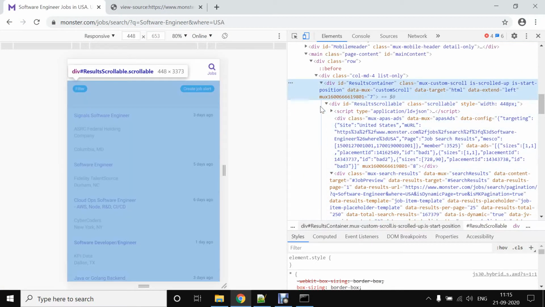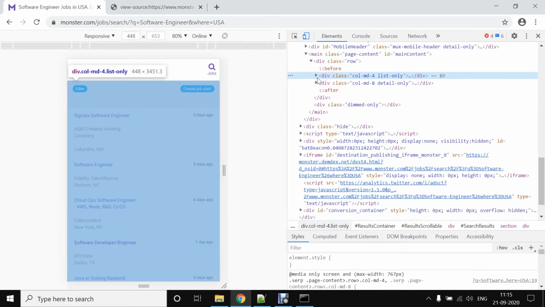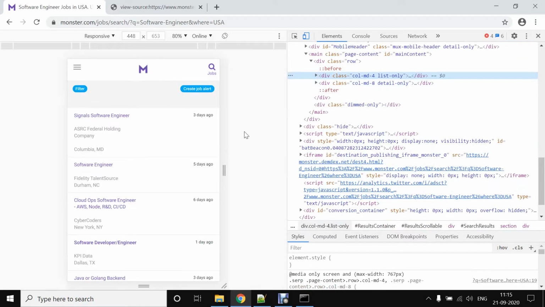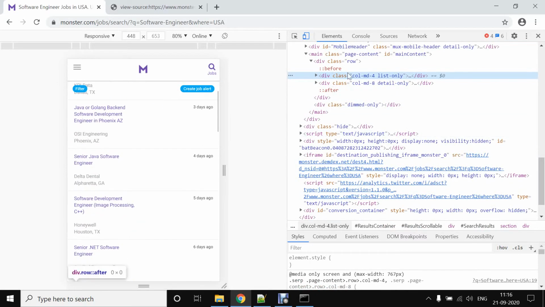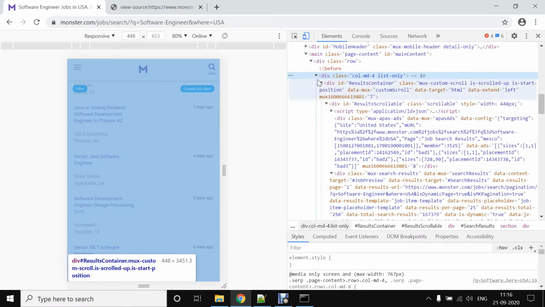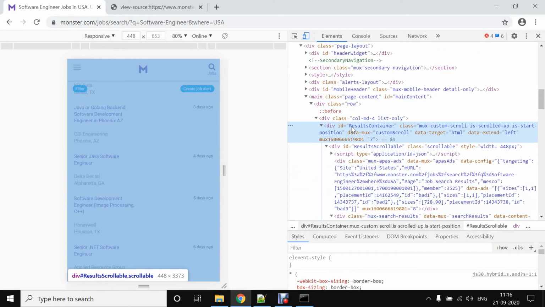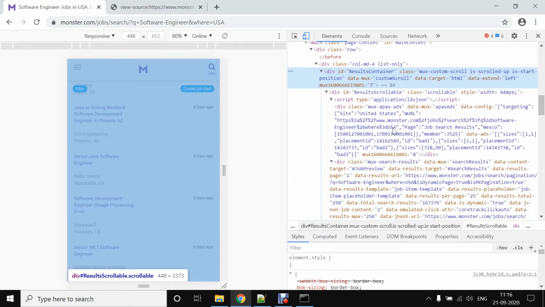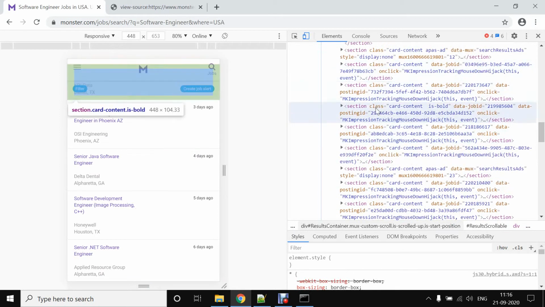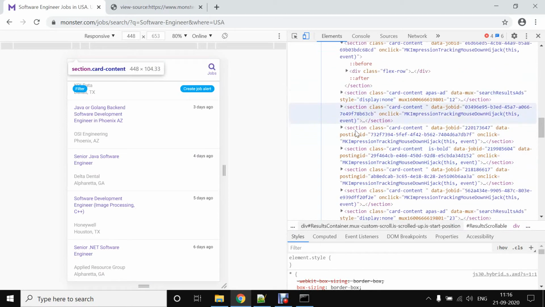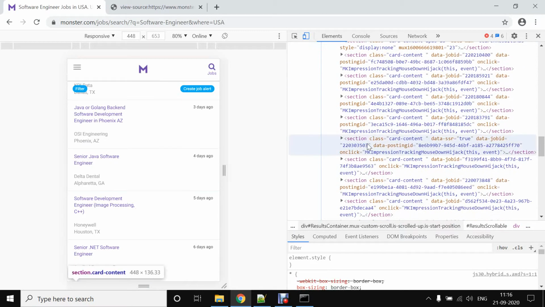This is a div which carries all the data. When I expand it, I see the div is a tag which has the id result container, and that contains all our data, in various sections.